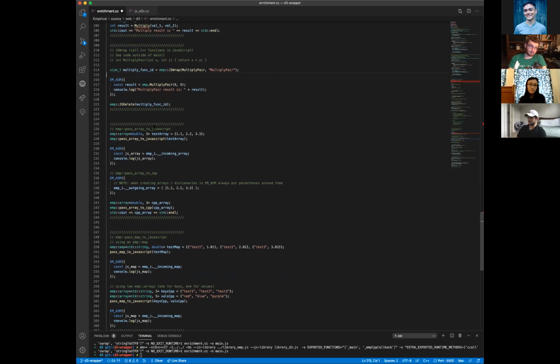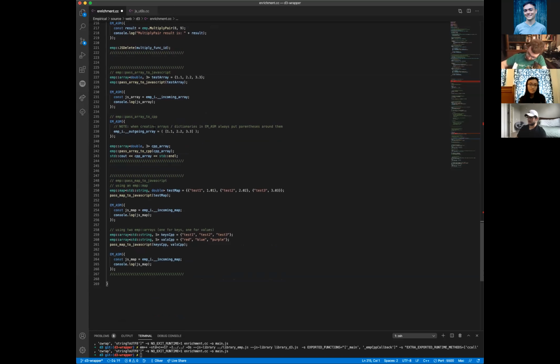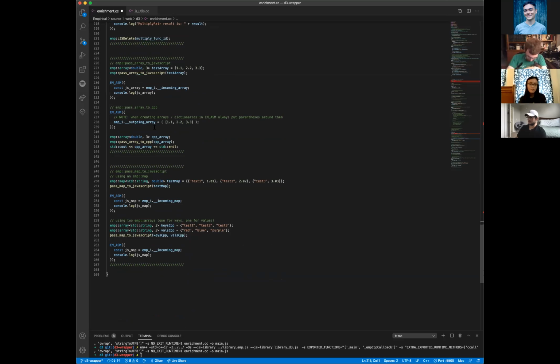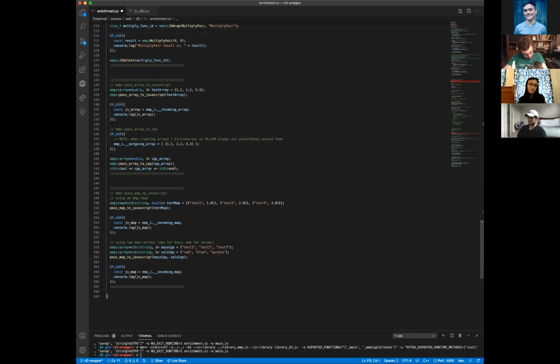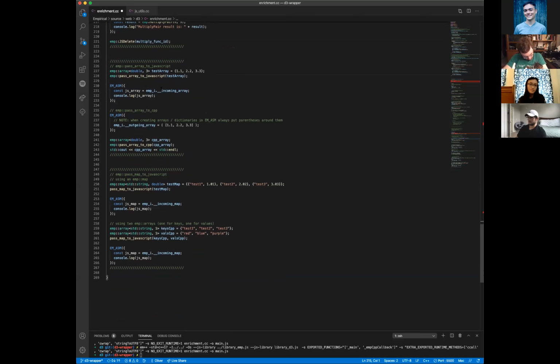The next group of things I'm going to talk about are if you want to pass in more complex data types than an int, double, or a string to JavaScript. There are a couple of helper functions that have been written in the JS utils header file. The first is pass array to JavaScript. It does exactly what it sounds like. If you create an array on the C++ side and then pass it into the emp::pass array to JavaScript,